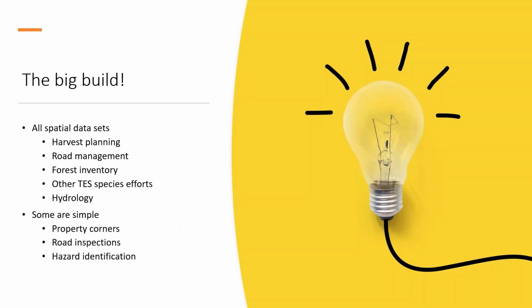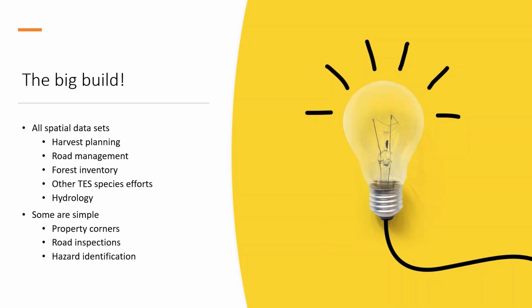So what does this look like for the rest of our build for this particular element? We are going to build an all-inclusive enterprise system that deals with all of our geospatial data, ties it all together, so at any one time, someone could go in and say, well, where are we at on harvest planning? How much volume do we have approved right now? How much of it has been surveyed for spotted owls? How much of it has botany completed? And we'll have it all in one single place where they can go grab that information.